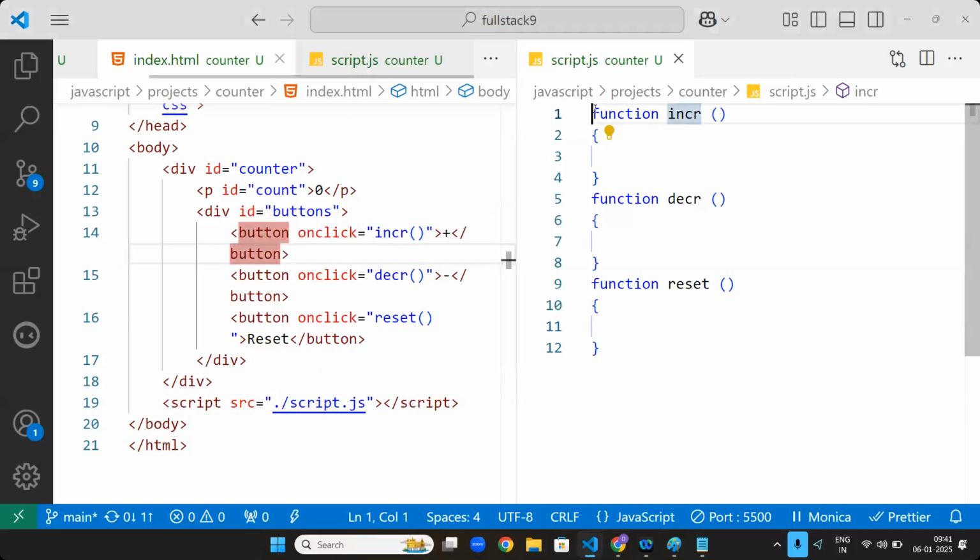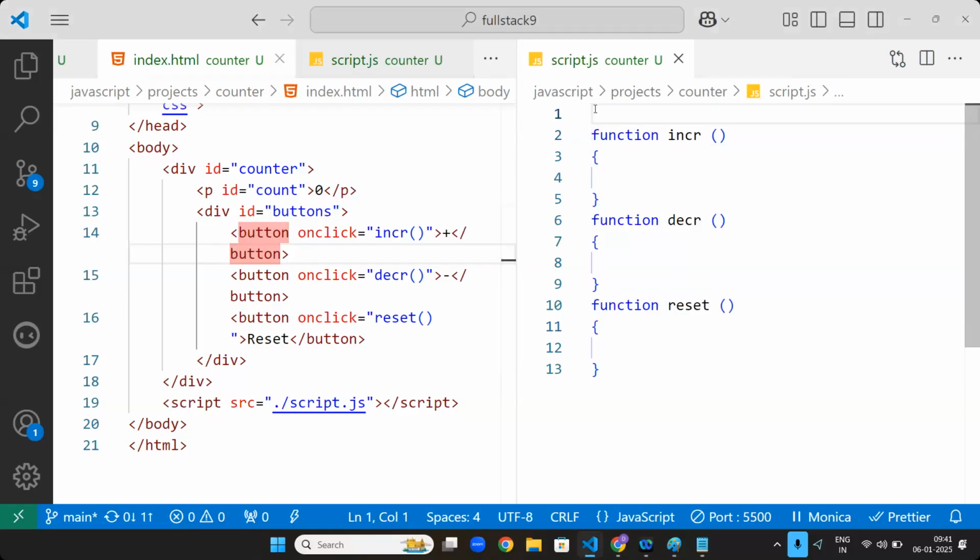Now see this, sir. If someone clicks on this inker, now inker will be called. Inside the inker, I will create one thing: let C equals 0. If someone clicks on this inker, I will write C++. C++ means incremented by only 1. Very good. C-- means